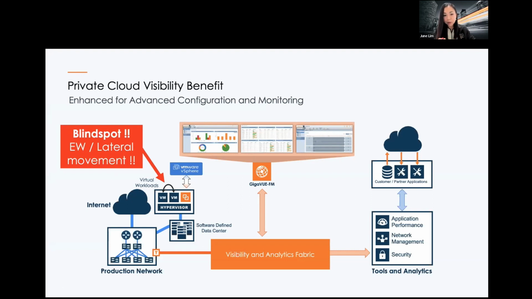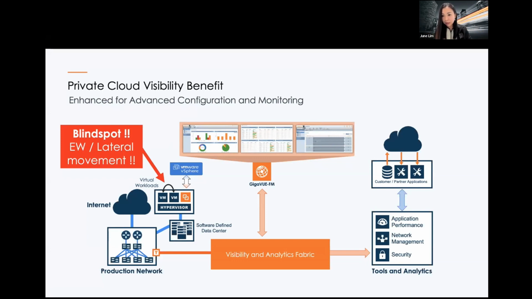The problem is that you're not seeing into this VM to VM traffic, if you can see my cursor. Big blind spot. This is what we call lateral movement, the east-west traffic behind the hypervisor. So when ransomware strikes, what happens?